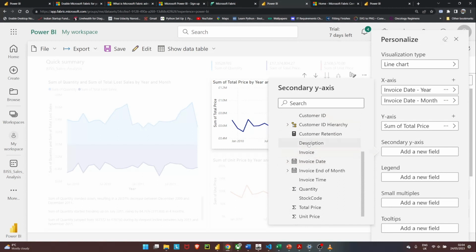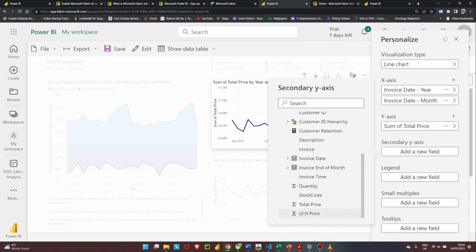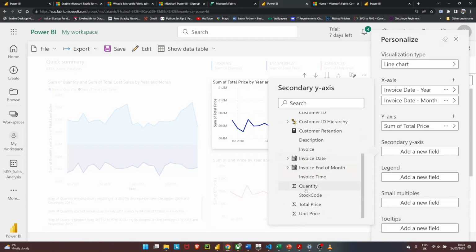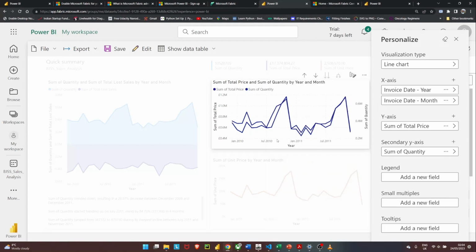Let's see what measures or aggregator field we can use. So we have unit price, we have total price. Okay, so I think what we have presently here is total price. So let's just pick quantity,